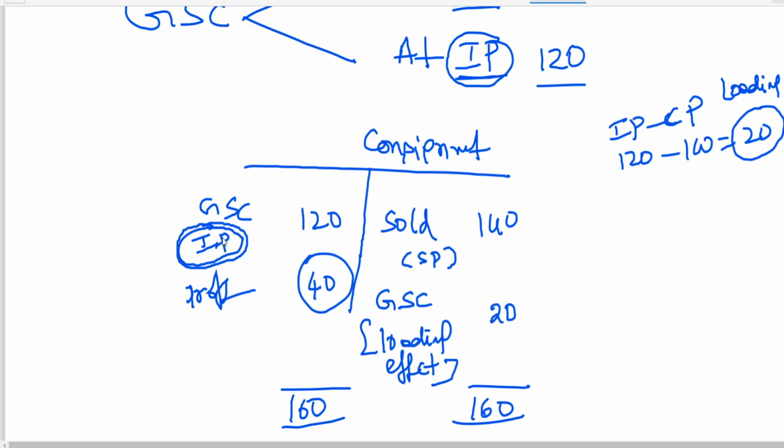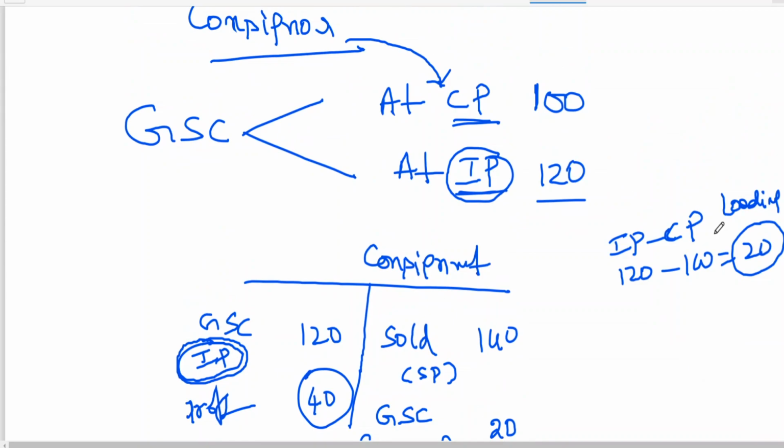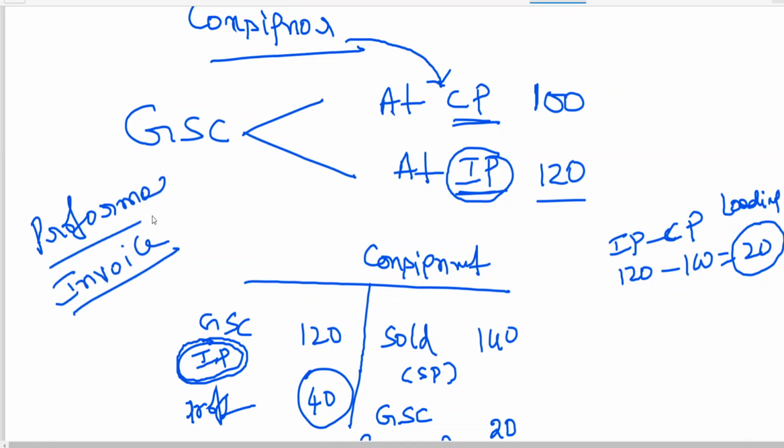That is why the consignor sends the goods at a price, and this pro forma is very important, you should understand. They will be using the term proforma invoice. Proforma invoice may be at cost price or may be at invoice price. If I am sending at invoice price, the entry will be at invoice price. If it is at cost price, I record at cost price. Please remember, goods are sent to the consignee. In the problem, you will be confused sometimes.